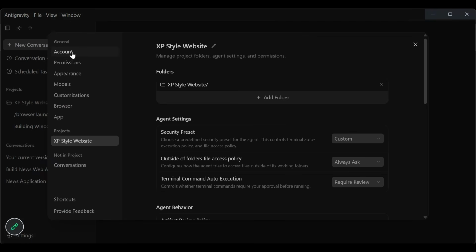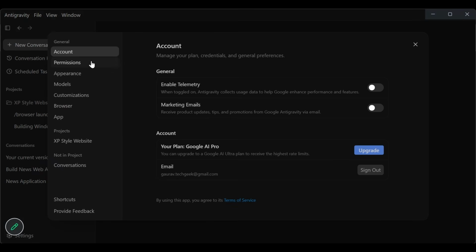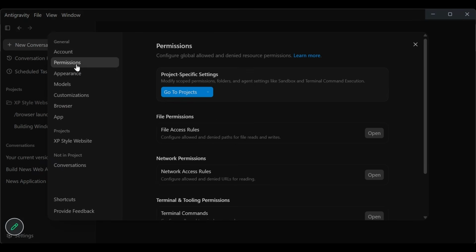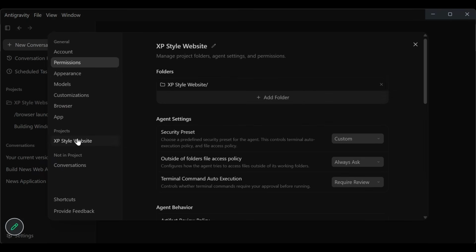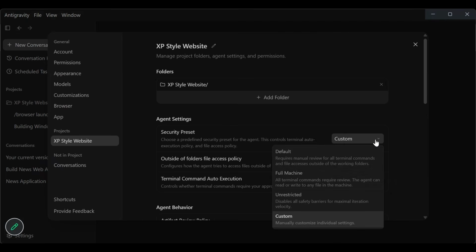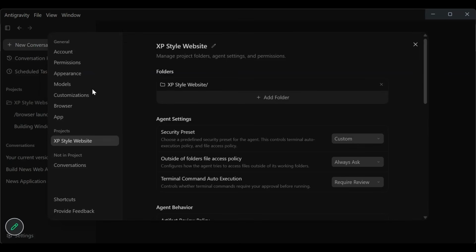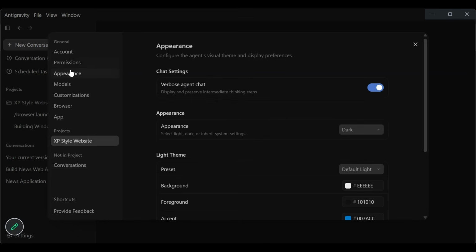Under the Settings menu, you can see global and project-specific settings. The permissions given to the agent to run commands without confirmations can be defined at a global level. As well, you can override that at a project level. I would go with unrestricted option only when I know the execution is going to be safe, that too at a project level. You can control the appearance, check the per model consumption and your quota limits, and when the